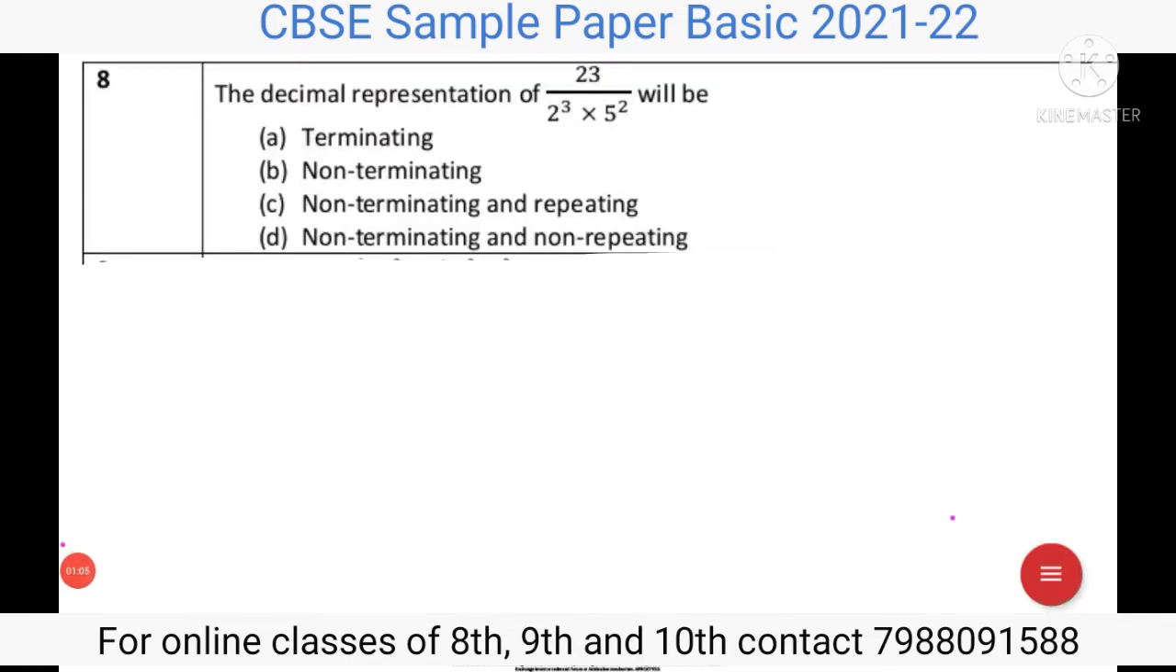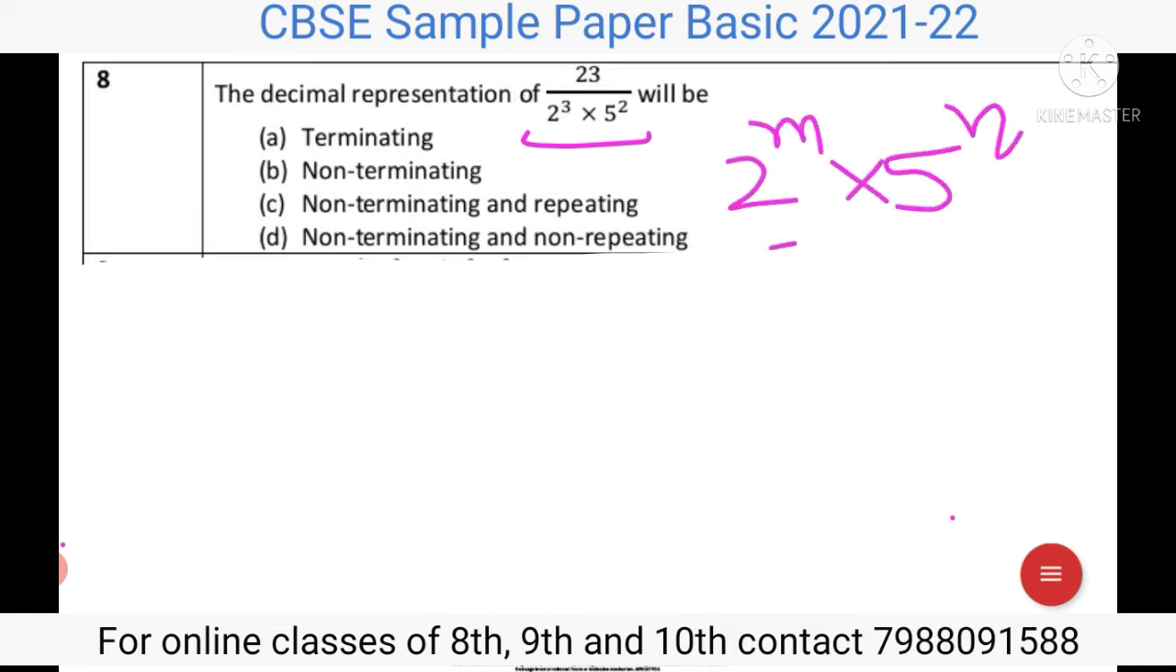Question number 8 says the decimal representation of this expression will be what? For this we know that the denominator must be of the form 2 raised to power m into 5 raised to power n for a terminating decimal representation. Now here the denominator contains only the powers of 2s and 5s, hence it is a terminating decimal representation